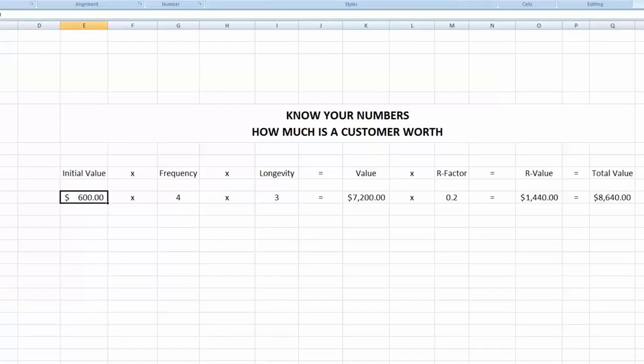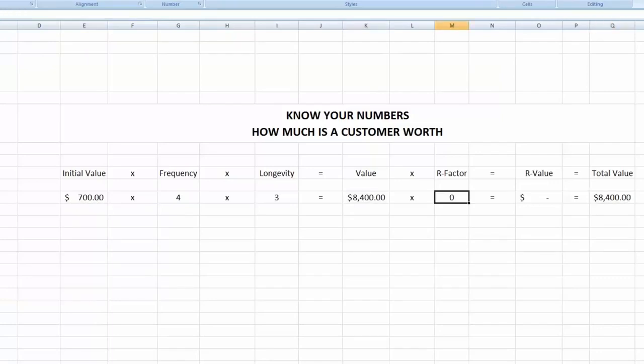Now let's take a couple things. Let's take our value out, and let's say that they're never going to recommend your services. Well, what if that $600 shirt order, and you can see how this works. Remember, we've got a total value of $700. What if you add $100 worth of caps to it? Now, if I type in $700, you see the magic. The longevity is still the same, the frequency is still the same, but look at how the value changes.